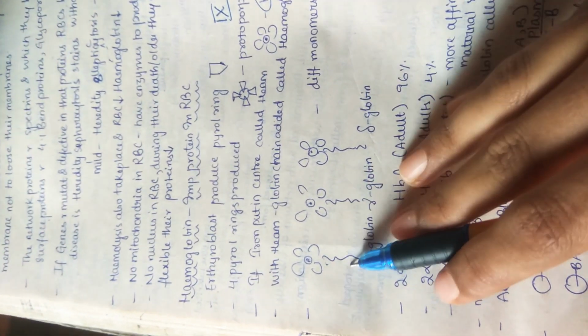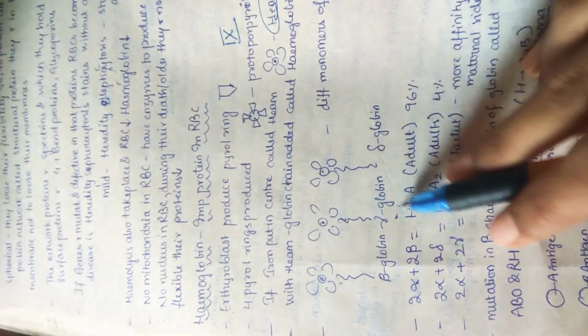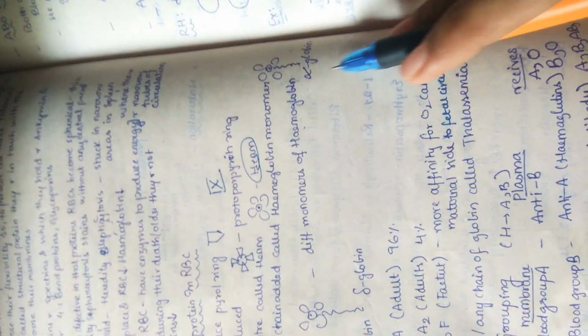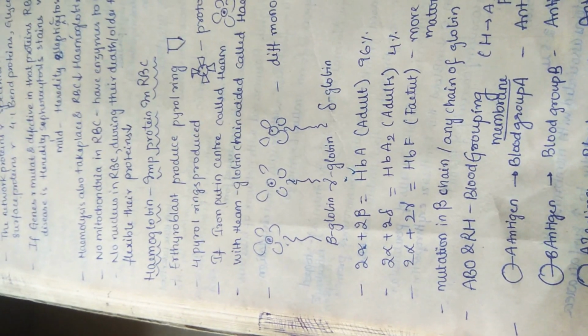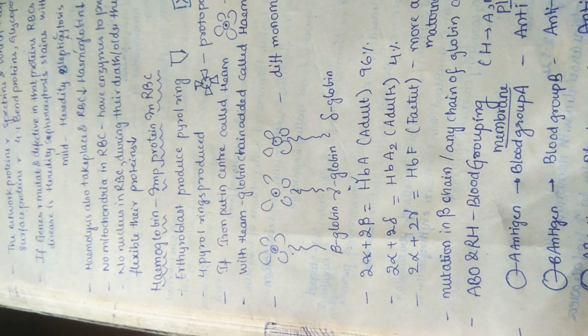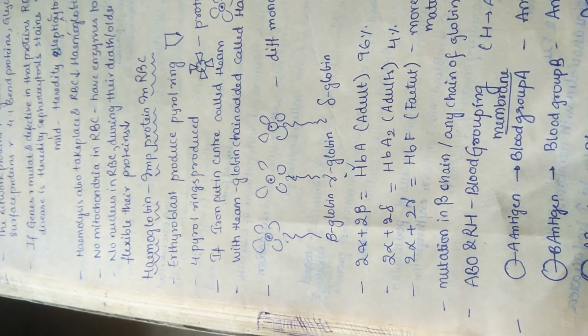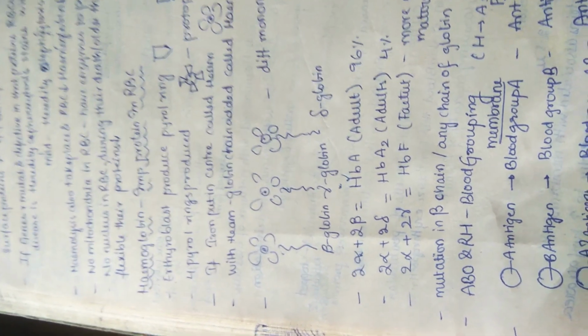If it has beta globin, then it is called beta hemoglobin. If gamma globin is present, gamma hemoglobin. Like the delta and also alpha. So like this there are four globin chains. 2 alpha plus 2 beta forms hemoglobin A, mainly present in adults. About 96% is common hemoglobin A, and 2 alpha with 2 delta is hemoglobin A2. It is also present in adults, but it's rare, only 4%.